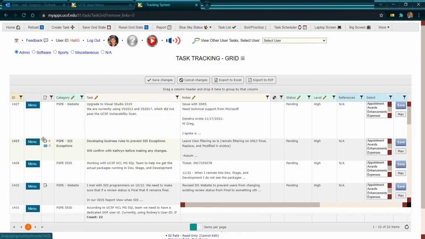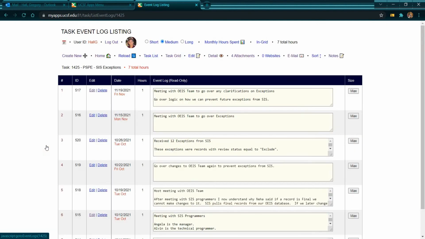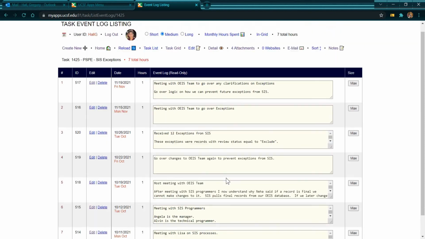My apologies. So right here you have attachments, right? You have 4 attachments. It tells me 4 attachments. I have 7 hours in my event log, right? So I can click here. I can go to my flyout menu as well for event logs. I can click directly there. And it says, most of the meetings, these are meetings. Most of the meetings are just 1 hour long. That's why you see 1, 1, 1, 1. Total of 7 hours. So it tracks my meetings,